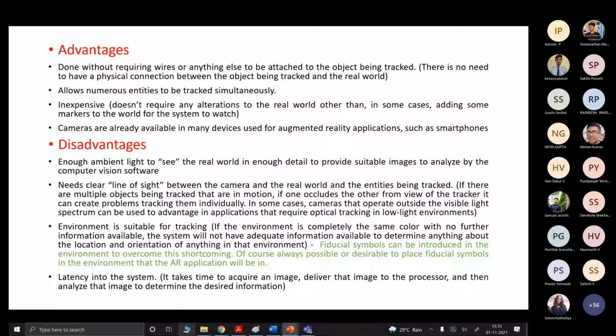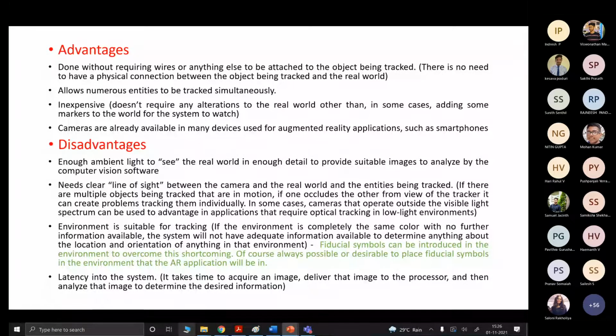That is another disadvantage. Also, the environment should be suitable for tracking, whether we are using indoor or outdoor tracking. For example, if the environment is completely one color, it is very difficult to extract further information from the environment, so capturing location and orientation information will be very difficult in that case.